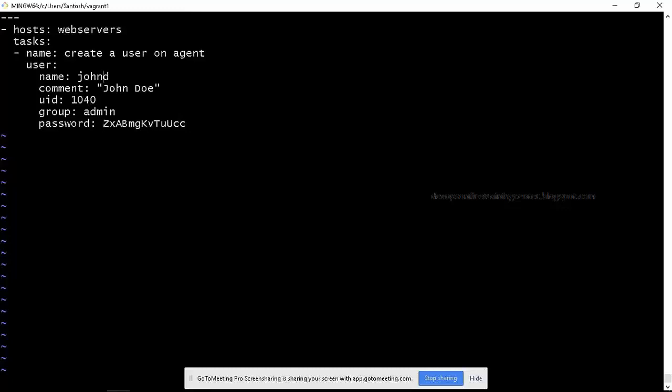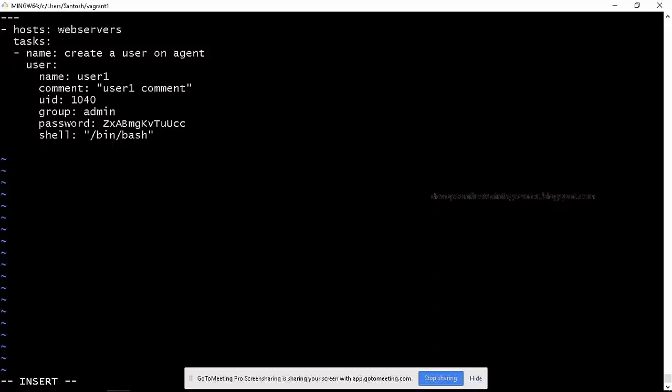Okay, so for a user we have name, let us say I'll give something like user1, and a comment, some comment we give. This is optional. Actually these are the parameters which we specify while creating the user, right? We create a user with the useradd command, so in the useradd command we specify all these things. What is the name of the user? The shell also you have to give, something like /bin/bash. So when the user logs into the machine, he will be inside bin bash.